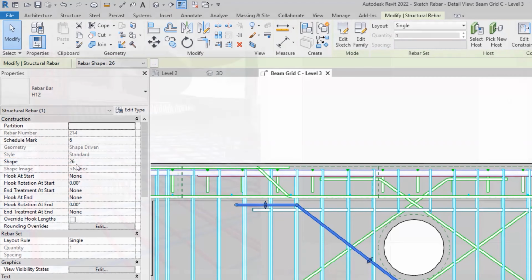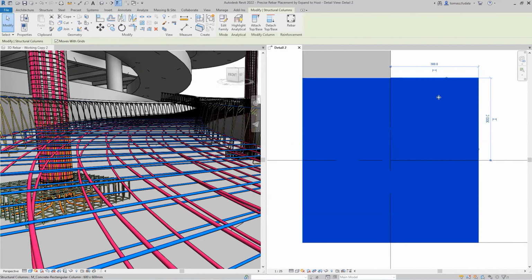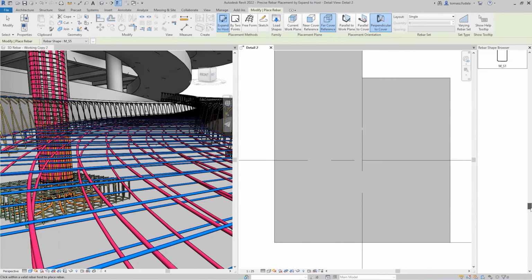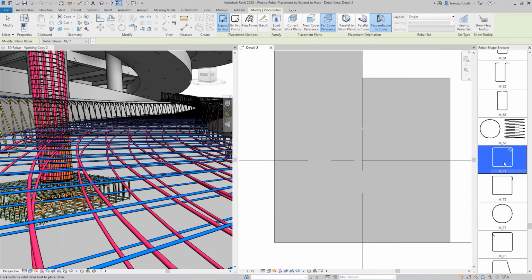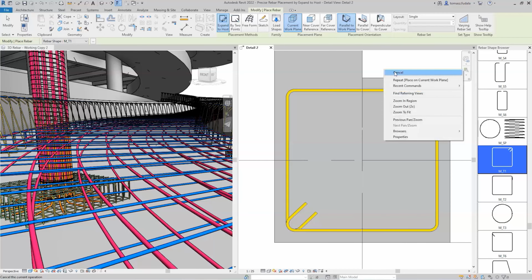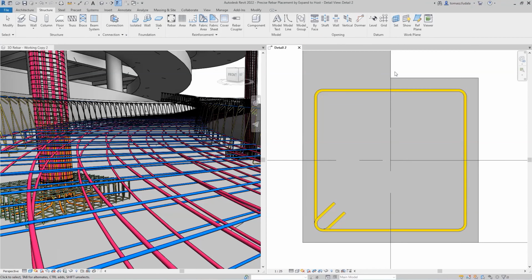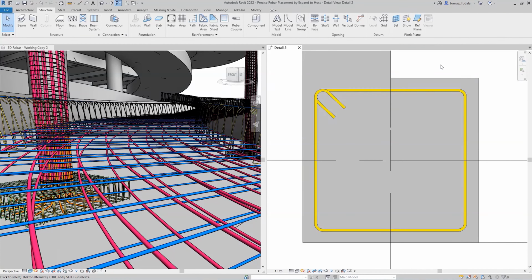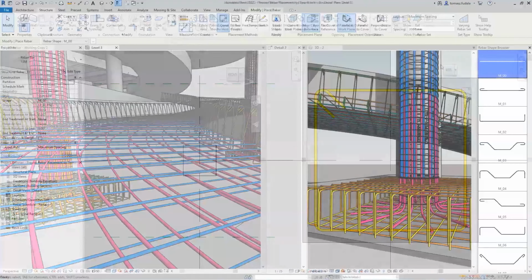Another way is to use the library of shapes loaded into the project. You simply pick the desired shape from the library you want to use, set the placement plane, placement orientation, and rebar properties, click within the host sections, and Revit places rebar and expands the rebar shape to fill the space provided within a concrete element host by default. You can also quickly rotate the rebar simply by pressing the spacebar if needed.